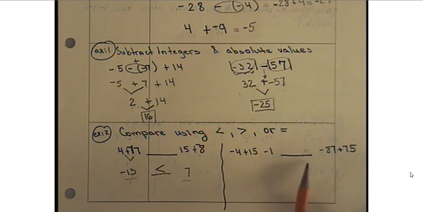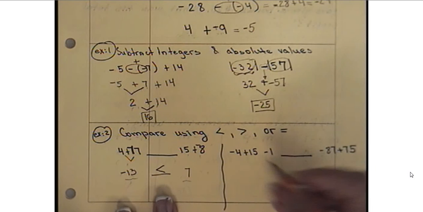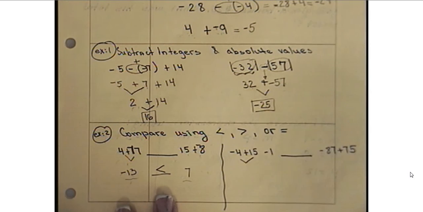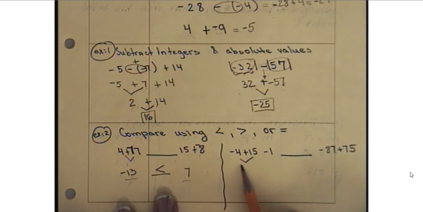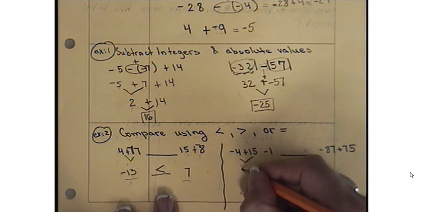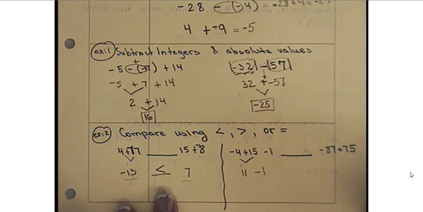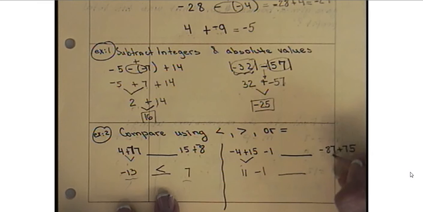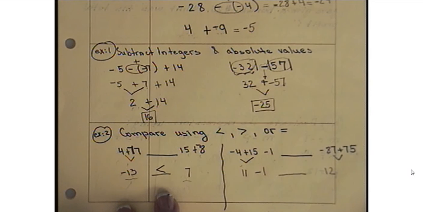On the very left, I have negative 4 plus 15 minus 1. So we have to solve the first two first, and then we will subtract 1. So negative 4 plus 15 is just 11, minus 1. Copy this down, leave the space, and then negative 87 plus 75. So the difference between those two, 87 minus 75, is equal to, what is it, 12? 12. And then, because 87 is larger than 75 and it has a negative sign, negative 12 will be